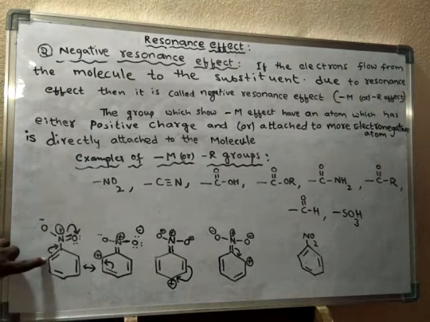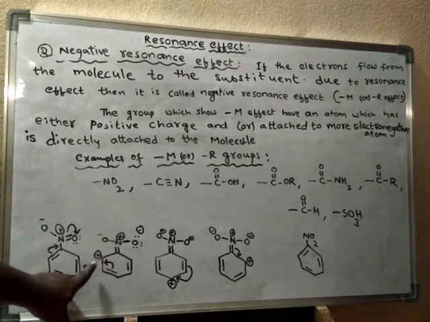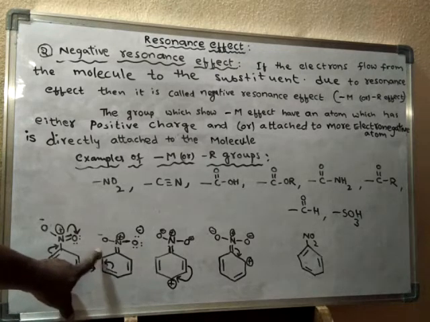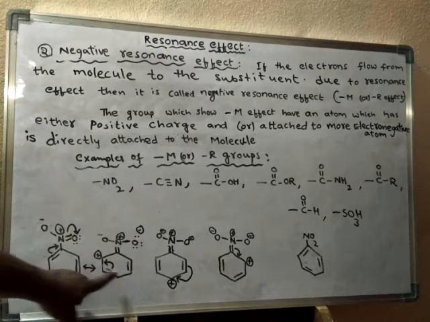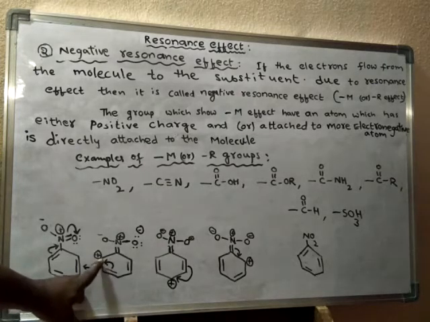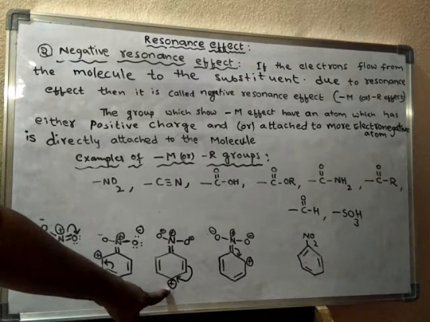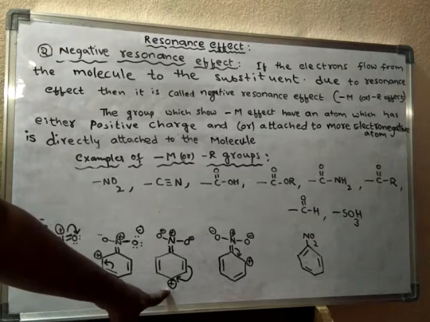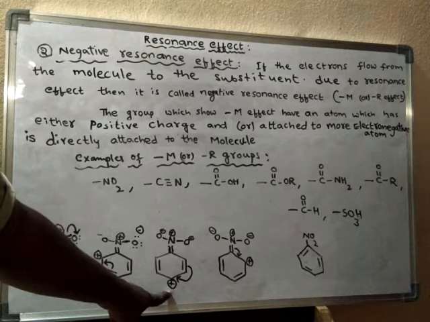Due to this, on this carbon there is a deficiency of electrons, so that is why this carbon will get a partial positive charge. Okay, to compensate the partial positive charge on it, what happens? This pi bond will shift here between these 2 carbons, like this. So due to the shifting of this pi bond between these two carbon atoms, this carbon will suffer loss of electron density. So that is why this carbon will develop positive charge.